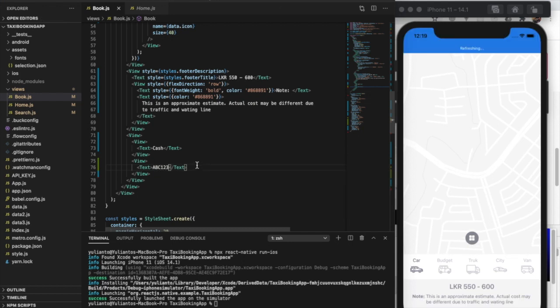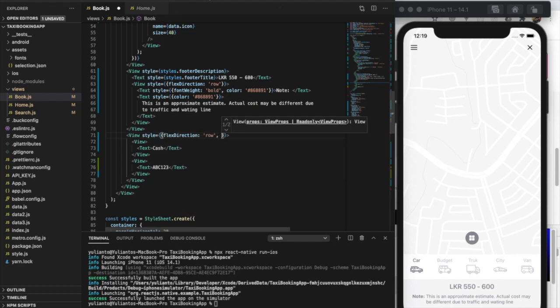Yes, and then it will have the flex direction to row, and align items will be center. And down here,